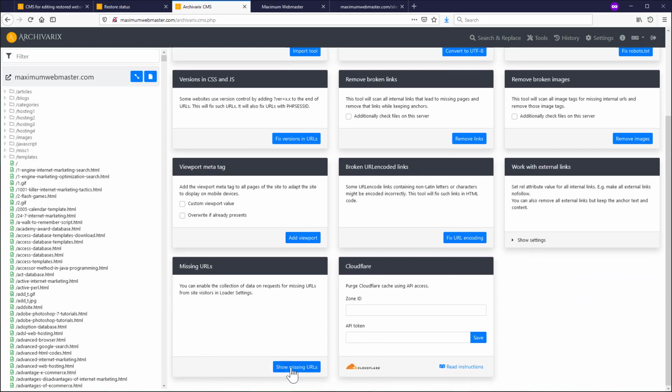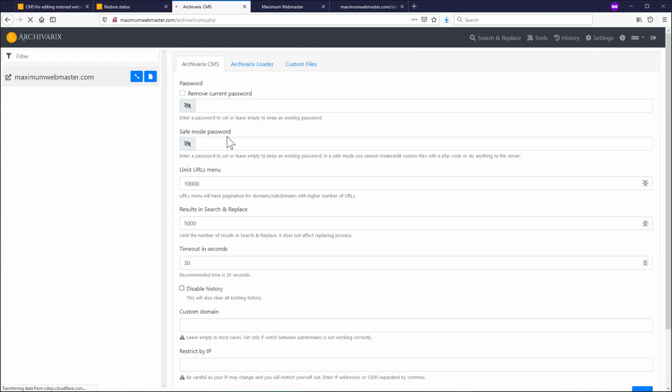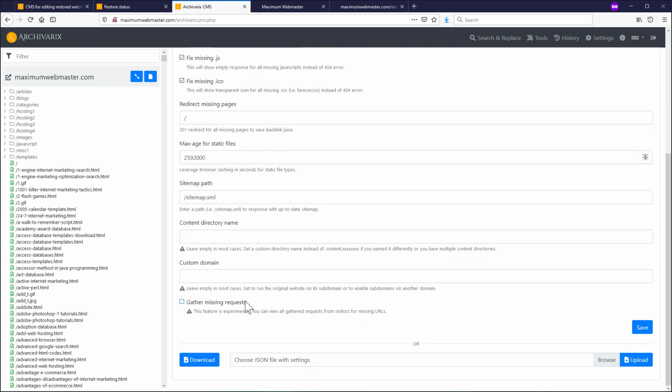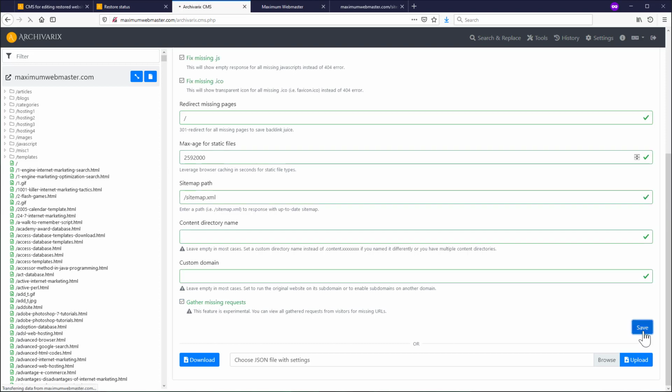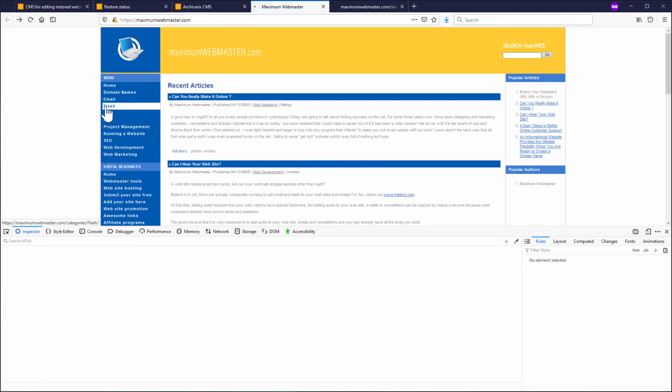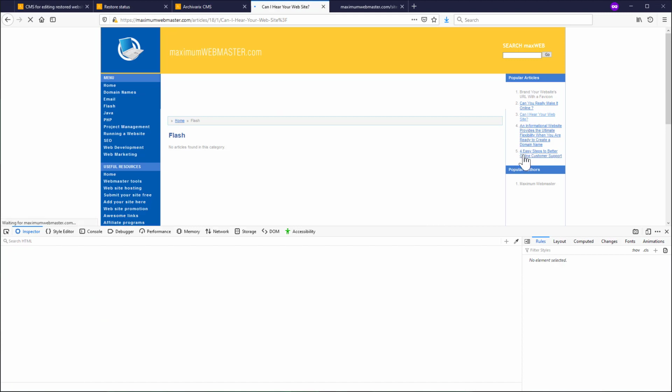This missing URL tool is something that you can use to track URLs that do not exist, but are requested with a browser, or somebody's trying to open those pages or URLs. So to enable it, you need to go to Settings, and in the Archivarix Loader settings, there is a Gather Missing Requests option. Just check this option here, click Save, and now if I refresh some pages, if I click some links here,